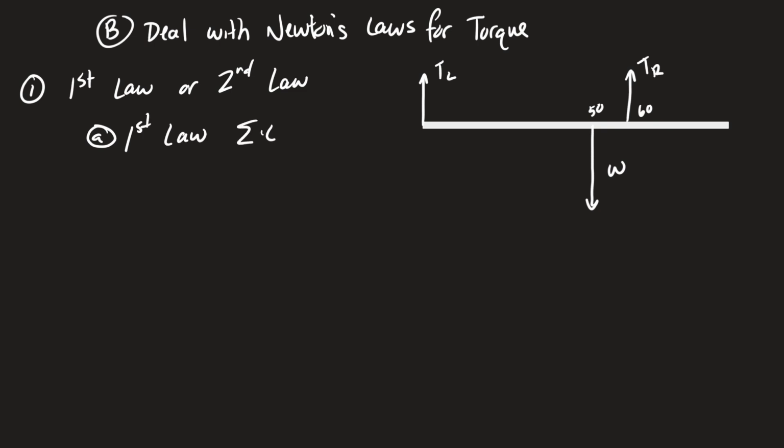This means net torque equals 0. Now, we have an additional step here that we don't have to do with forces. Not everything's going to be the same, because you can have a first law problem where the object is spinning and a first law problem where the object isn't. It's important that we consider this. We didn't have to do this for force, but we need to know where the pivot point is. So you need to assess